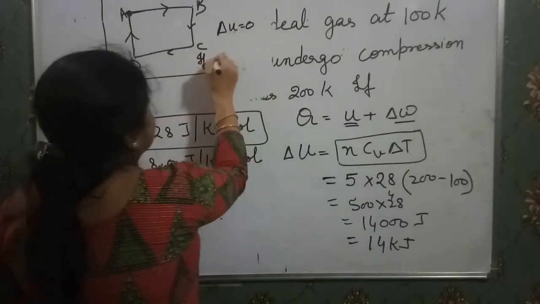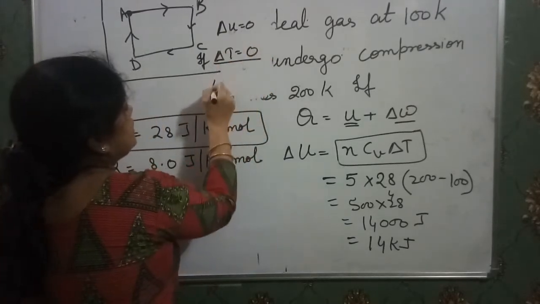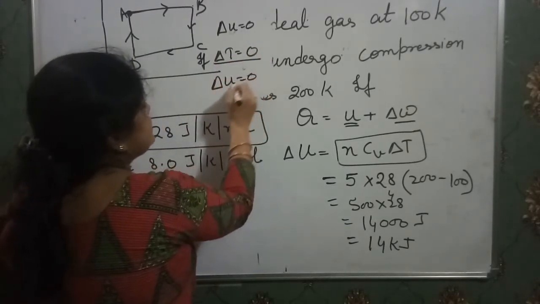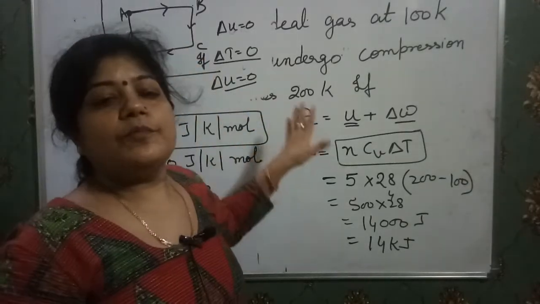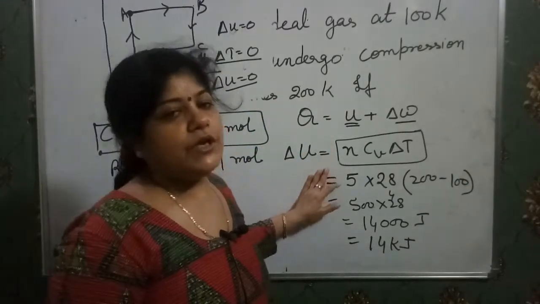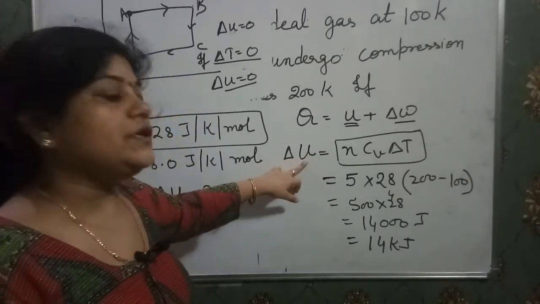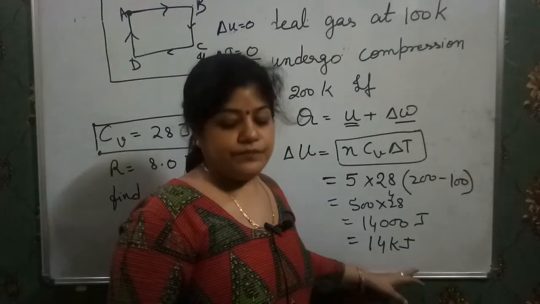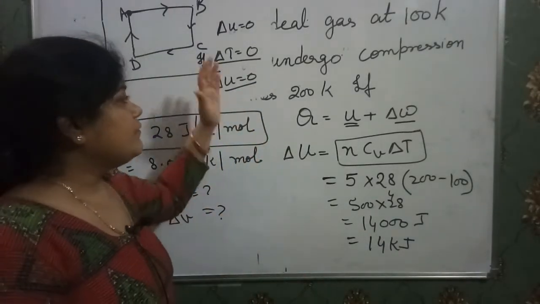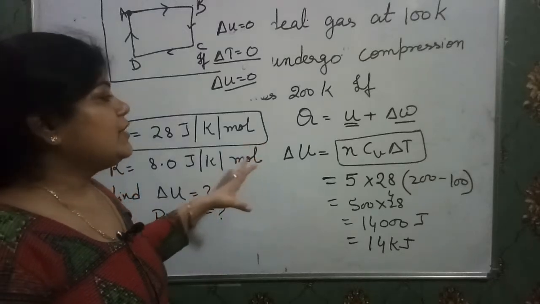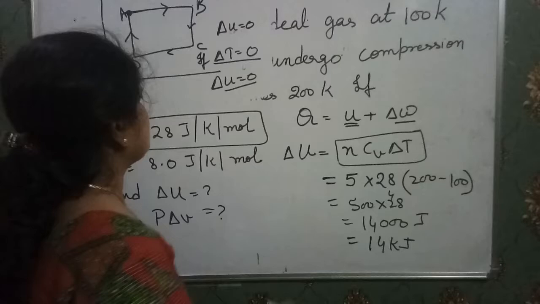Moreover, if there is no change in temperature, that is if delta T is 0, then also the change in internal energy is 0. And change in internal energy is independent of path; it depends only upon the initial and final position. One thing more, the unit of internal energy is joule. In each and every question I solve, I also try to explain the terms and concepts in between.